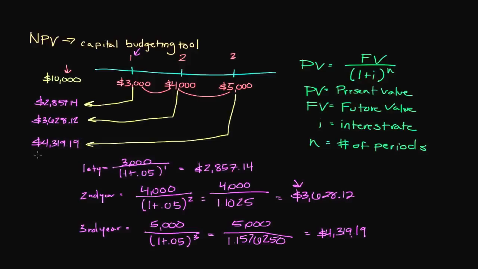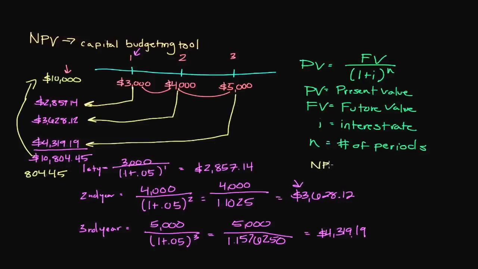$4,319.19. And so what we do now is we compare our investment of $10,000 to the future cash flow, which is discounted into today's dollars, and see what the difference is. And so if you add all of these up, these actually come out to $10,804.45. And so what you need to look at here is this figure, this 10,805 figure, is greater than this 10,000 figure by $804.45. And so the way that the NPV works, we're going to go ahead and move over here, is that